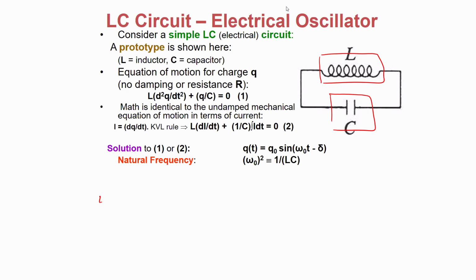First we had L Q double dot plus R Q dot plus 1 over C Q. And if there is an external voltage, we put V in. If there is not,